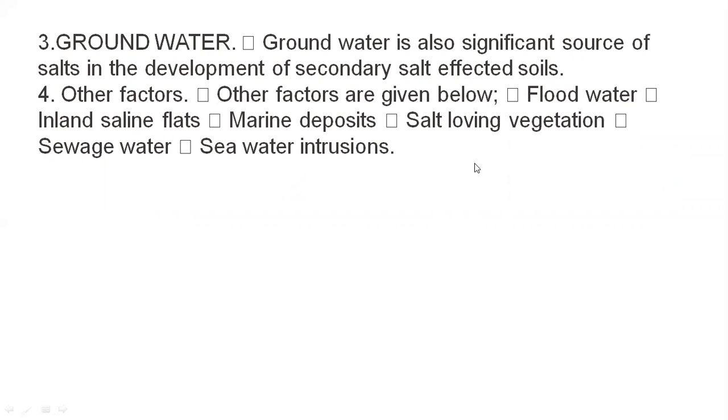Salt loving vegetation means the type of plants which are grown in the region where there is more salt. Normally we consider them as a reclamation measure. They are reclaiming the salt affected region, and they are the best strategy to reduce the amount of salt from the soil. But here, what is meant is that when they are absorbing the salt from the soil,